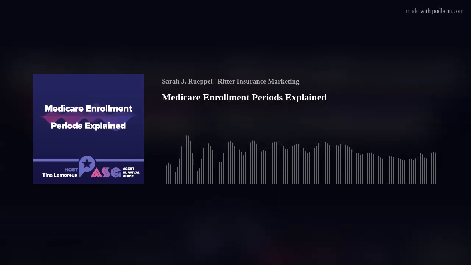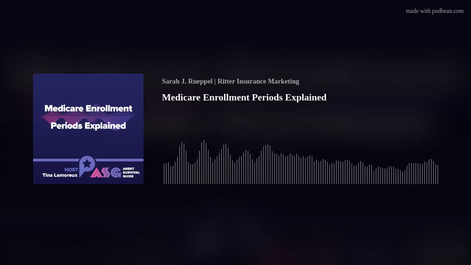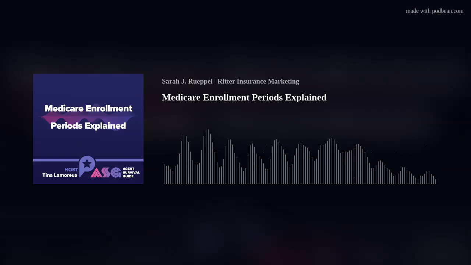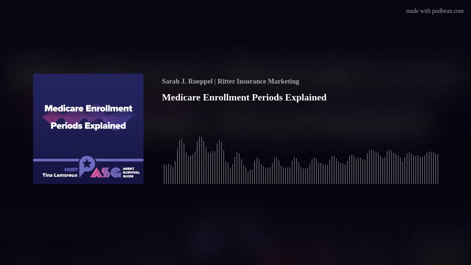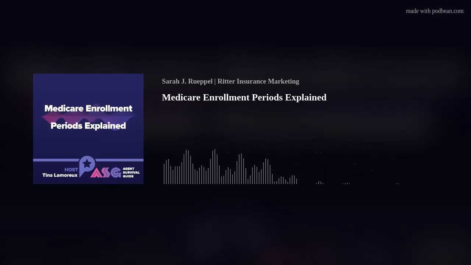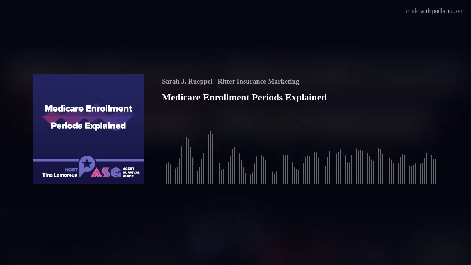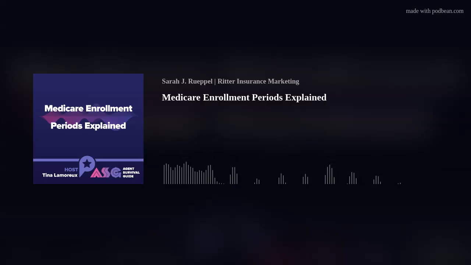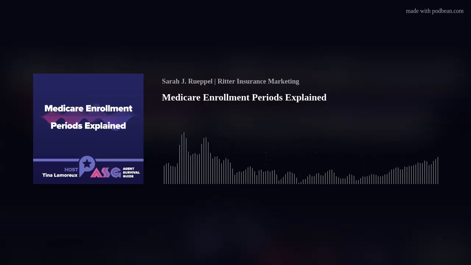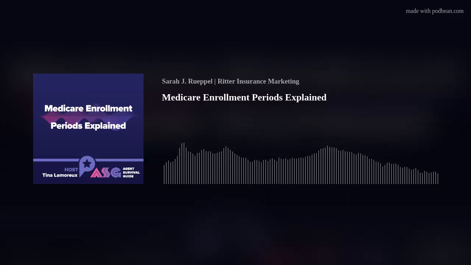Moving on to the last type of enrollment period we'll talk about: special enrollment periods. A special enrollment period is an enrollment opportunity typically triggered by an event or change in a client's situation. For example, if a client loses health coverage from their employer, if they are eligible for Medicare, this would create an SEP so they can enroll in Medicare.